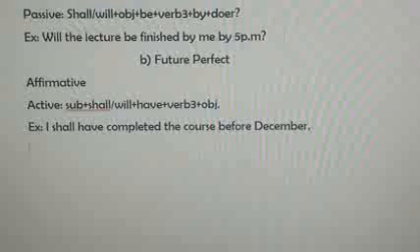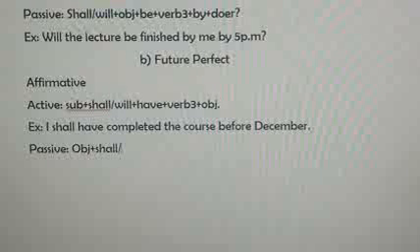Now, my dear friend, let me write the structure of the passive form. First of all, the object will take the place over here. Then I need to add an auxiliary verb, which is shall or will for future tense.